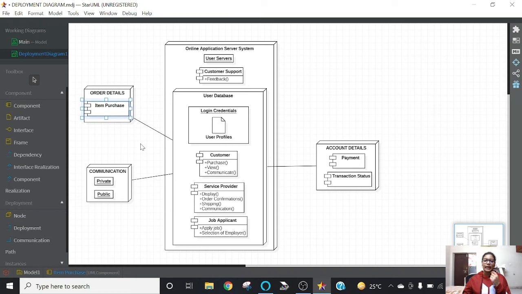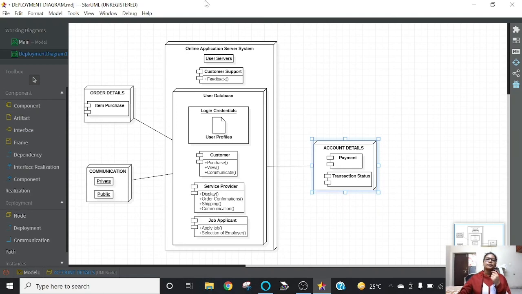He can purchase items here, and after purchasing, the user has to pay money for that particular order. That is connected with this account details node. Account details has two components, payment and transaction status. Payment will be done, and the transaction status, how far the delivery has progressed, and all these things will be in this account details node.